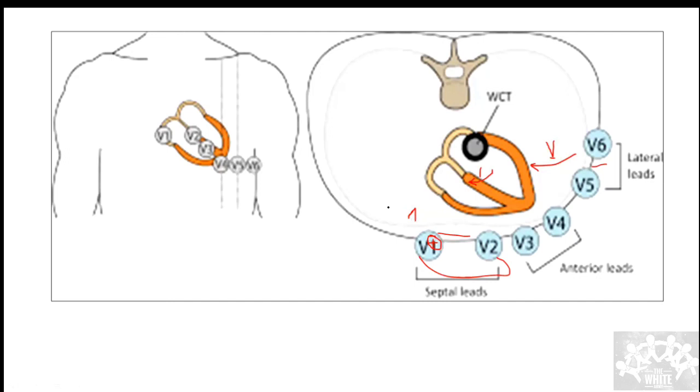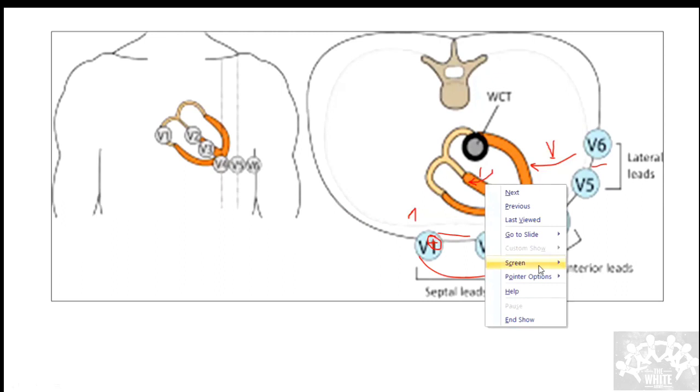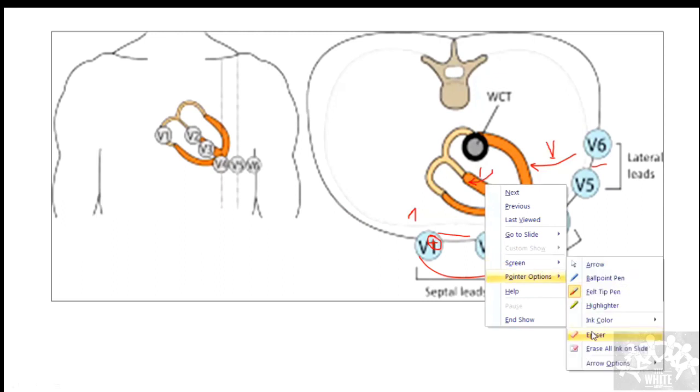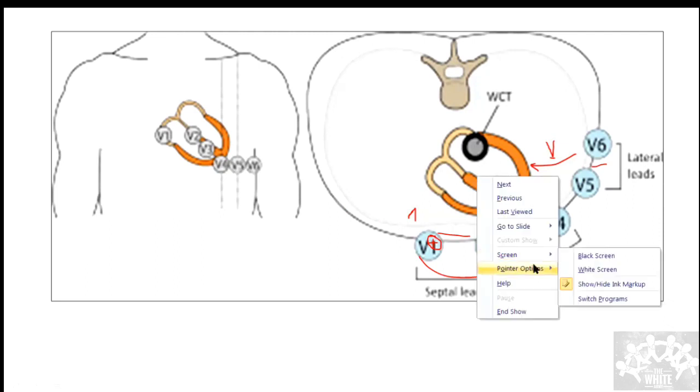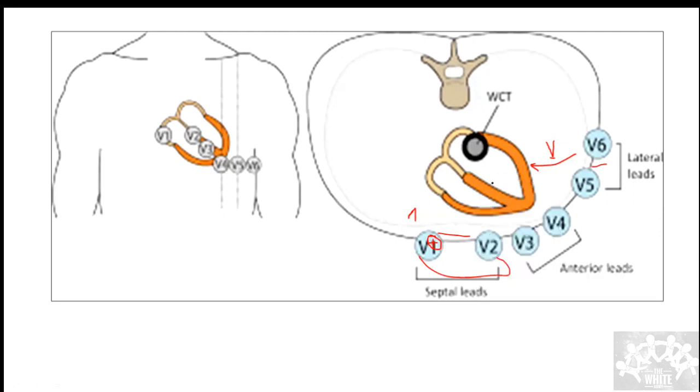Okay, then what is going to be happening? So next, what is happening? If V1 and V2 are positive, there has to be a Q wave, like you told, for the septal activation. Yes, fine. So then the next thing that is going to happen is this part. This is the activation front. So this is going to be the net direction. We all know this. We have seen this yesterday.